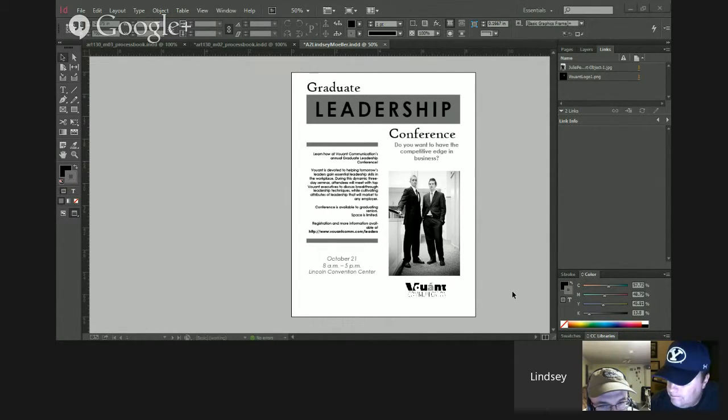Anything else right off that sticks out? No, not for me. How about you, Dustin? I think you had all good points there. I was just kind of looking at that body copy. It's not necessarily alignment, though it's related to it. Is that registration more information available? It's just really weird to me that it's just you got able at, right? I don't know. It's just the way that. Well, yeah. So that whole